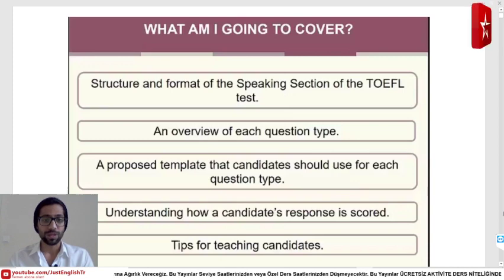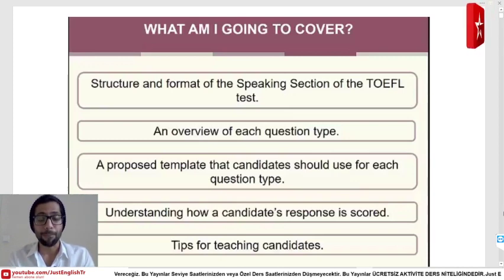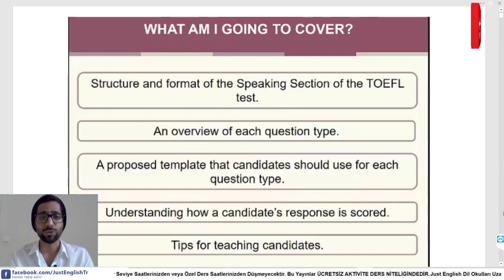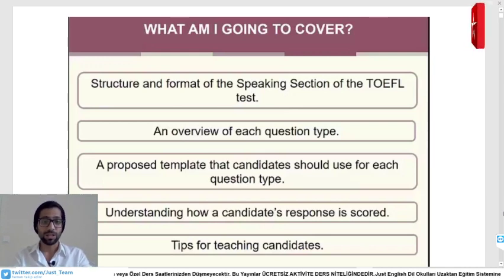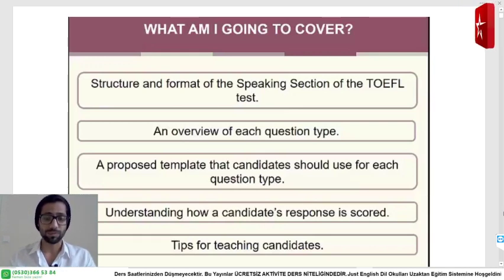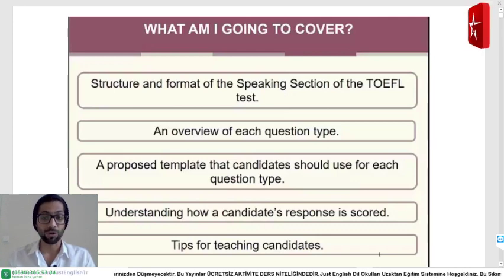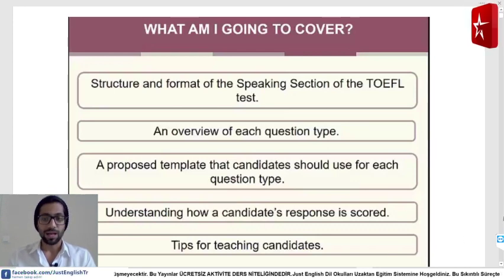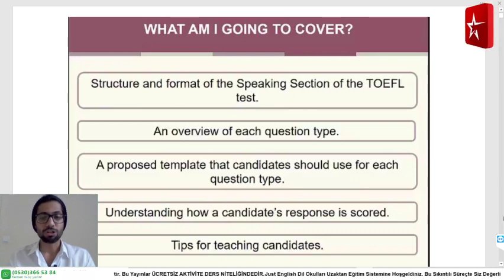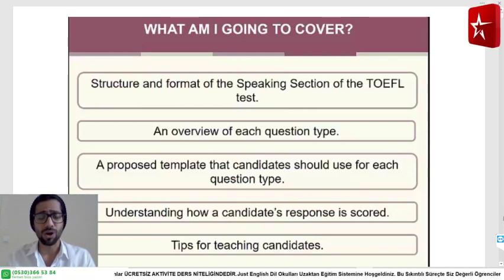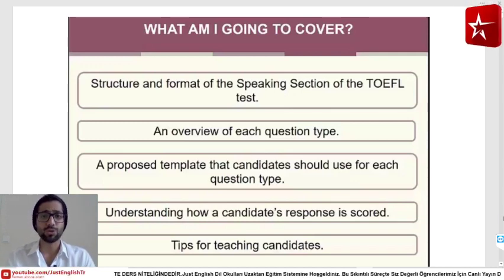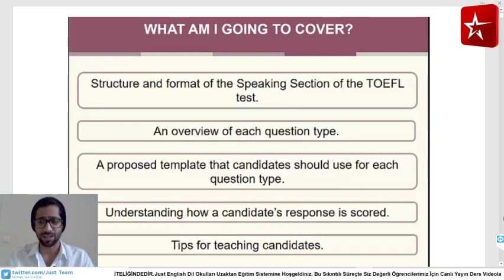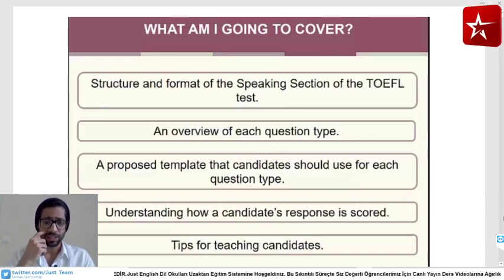And also, as I said to you, making notes is very important. Make sure you have a template or a card or piece of paper where you can put everything and organize your ideas. We will talk also about how you can talk in a way to answer questions and get the score that you want. Okay.